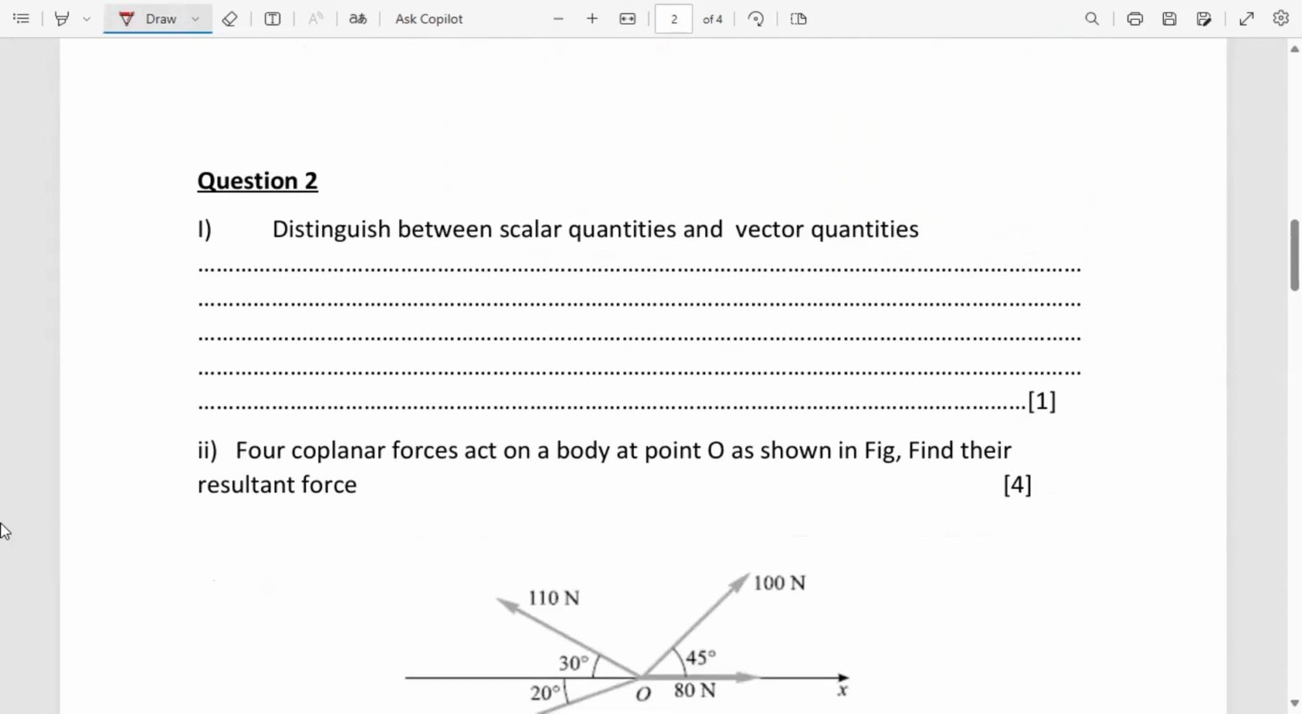Okay, question 2. Question 2, part 1 is saying distinguish between scalar quantities and vector quantities. Distinguish between a scalar quantity and a vector quantity. So this is actually very simple. We discussed this in class already, and we explained to say when we are talking about scalar quantities, we say they only have magnitude, whilst if we are talking about vector quantities, these have both